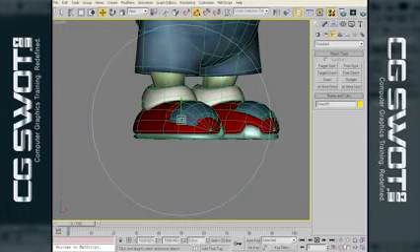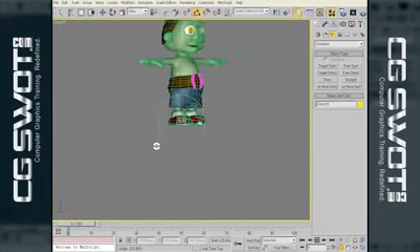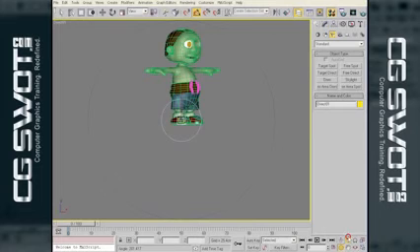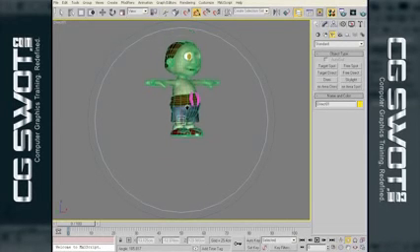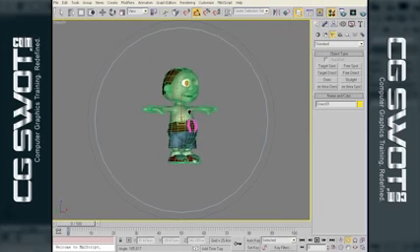So we're now looking through the light, just so that we can work out where we are with it. And now we're going to just use the center mouse button just to move. We can also use